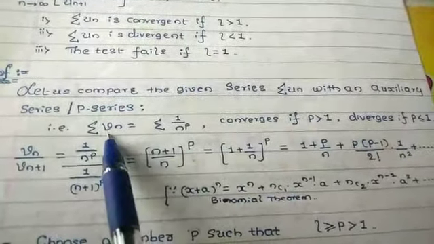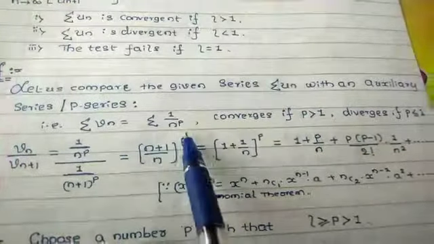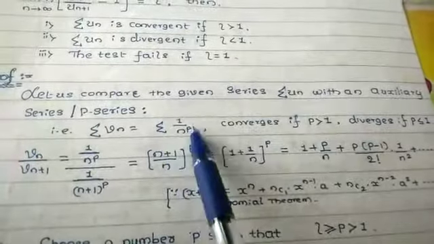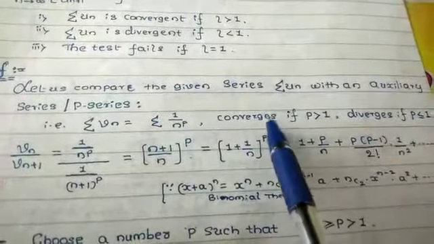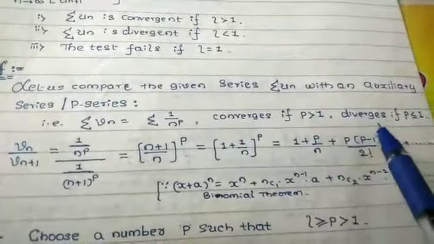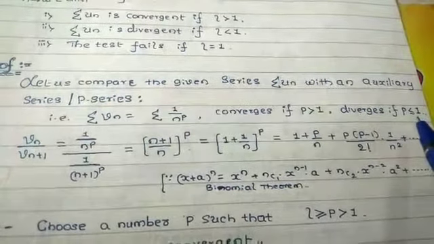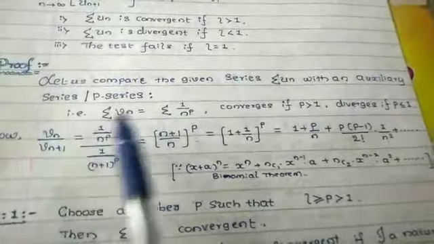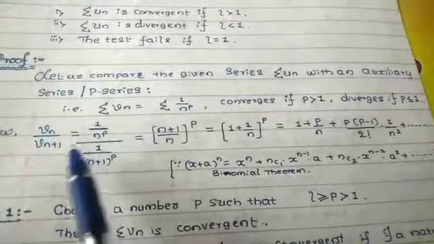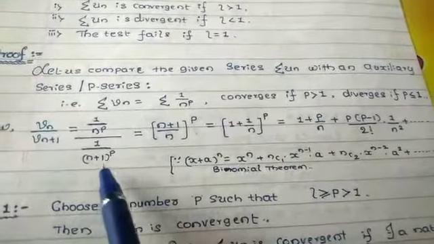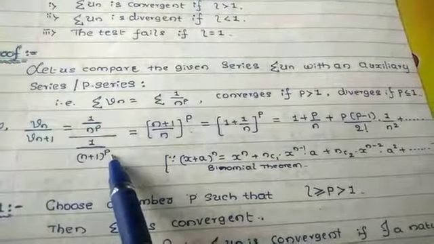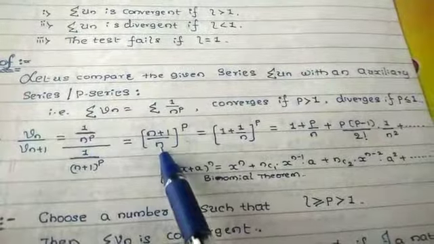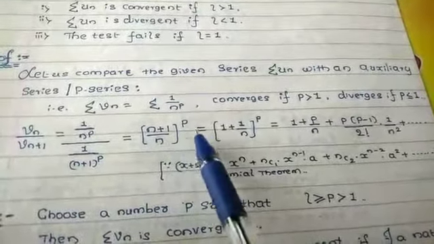What is that? Summation of vn equals summation of 1 divided by n to the power of p. This p series converges when p is greater than 1, and it is divergent when p is less than or equals to 1. Vn divided by Vn plus 1: if you consider Vn as 1 divided by n to the power of p, then in place of n it is n plus 1, so 1 divided by n plus 1 to the power of p. Multiplying, that is n plus 1 divided by n to the power of p,